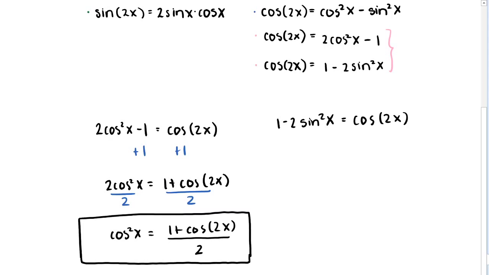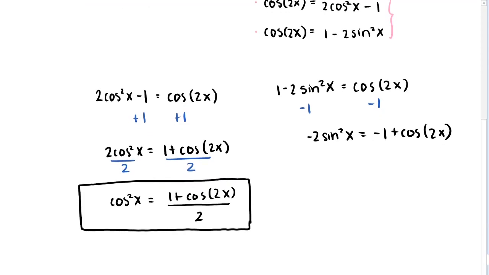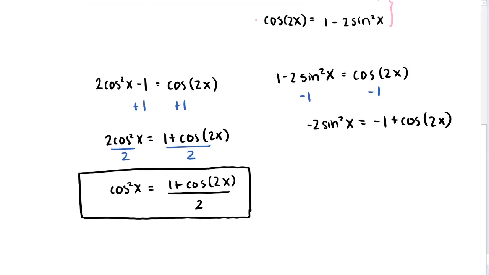If I subtract 1 from both sides of this equation, we get negative 2 sine squared of x is equal to negative 1 plus cosine of 2x. Now dividing both sides by that negative 2 to get that sine squared alone,